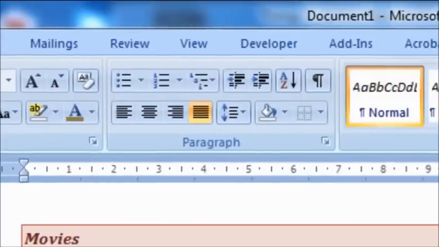Under the paragraph group, we learn about a few techniques in creating lists: bulleted list, numbered list and multi-level list. And also we learn about several alignment techniques: left alignment, center alignment, right alignment and justify alignment. And then we learn about increasing the line spacing using this option. And also we change the background color of the paragraph, as well as we learn that we can put a border